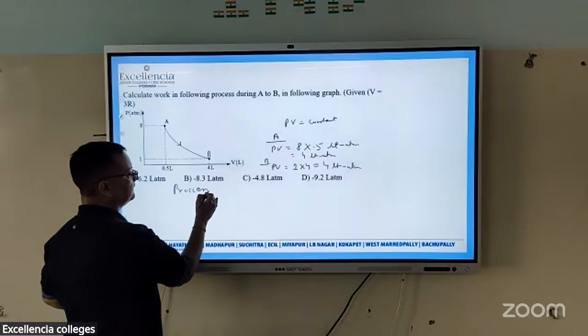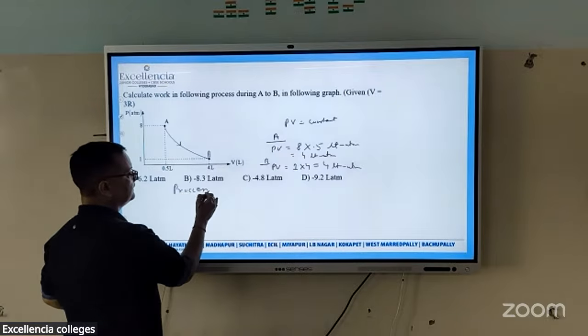That is confirmed. Now that it is confirmed, we can find the work done with the expression for isothermal and reversible expansion. You know very well, it is the most elementary concept. So how do we find the work done for isothermal reversible expansion? We obtain it as minus 2.303 nRT log base 10 of V2 by V1. So we can apply that expression.